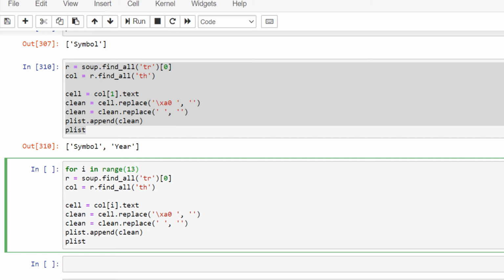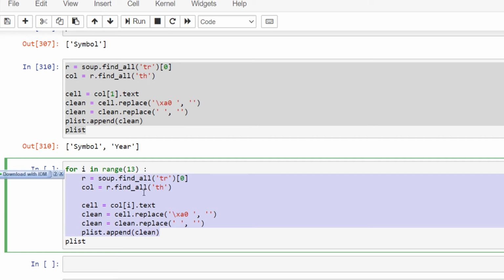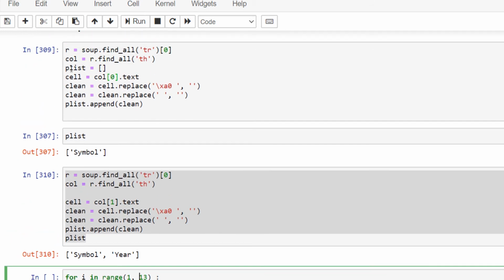And then we have to indent this full code using a tab key. So actually I'll start it from 1 up to 13 because in the first block of code we are creating an empty list.